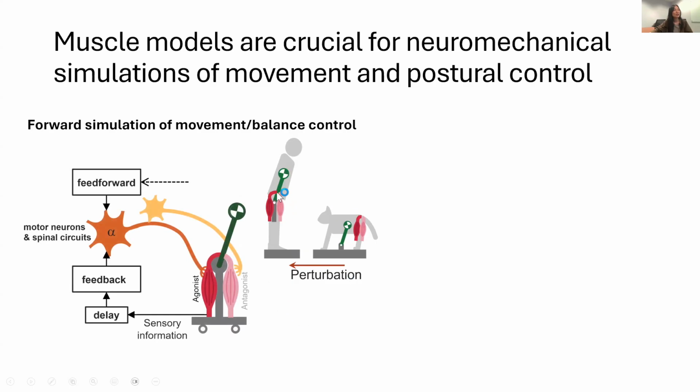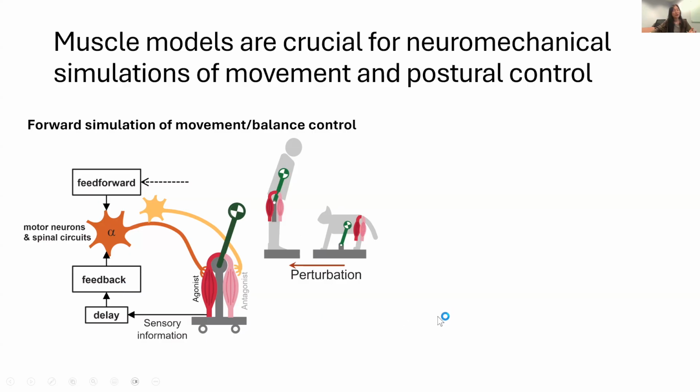I'd like to study the optimal control strategies, or how the control changes when something changes in your body or in your neural pathways. So I model this kind of perturbation response using an inverted pendulum model, and then put in our muscle models